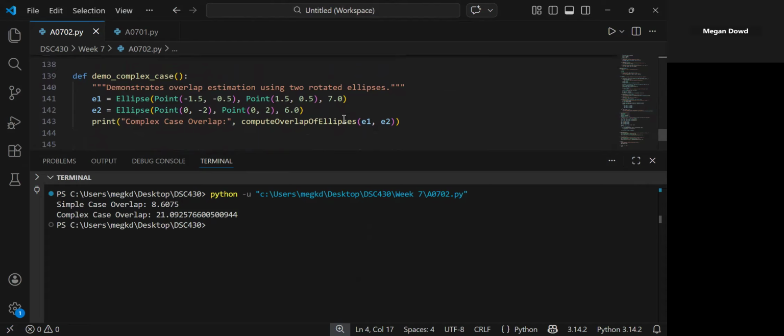In both cases, I use the same algorithm. The program randomly samples points in the bounding box and estimates the overlap area by counting the points that fall inside both shapes. The fact that the single approach works for both the simple and complex cases shows the